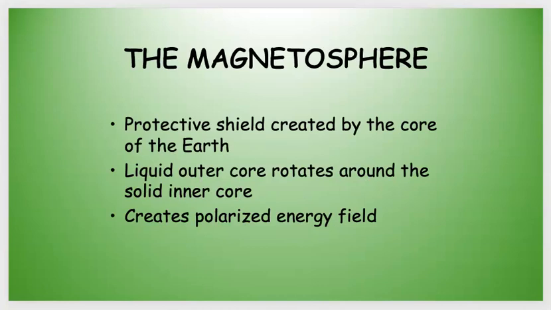All right, so we're going to focus more so on the magnetosphere. The magnetosphere is created by the Earth itself. It is a function of the rotating core. The core, as you'll learn a little while later in more depth, is a mixture of solid iron and molten iron with a little nickel thrown in. And because the Earth is rotating, that molten iron is sloshing around the solid, and it creates an energy field.